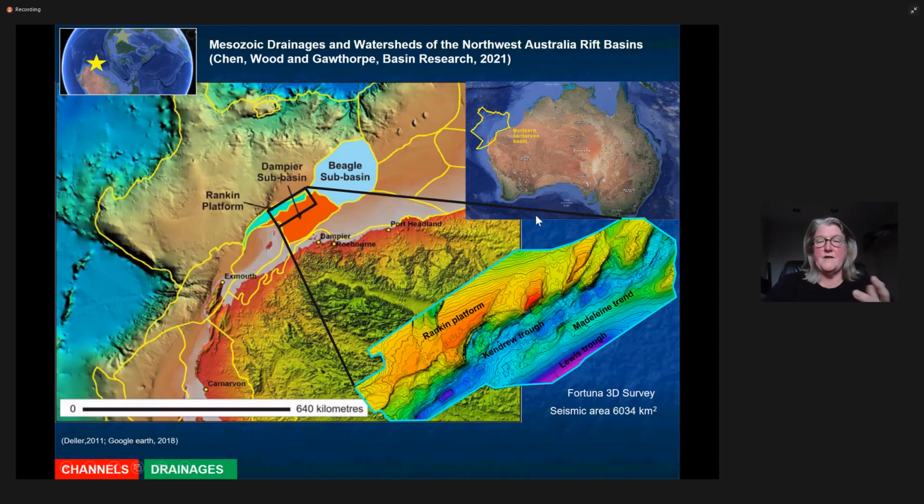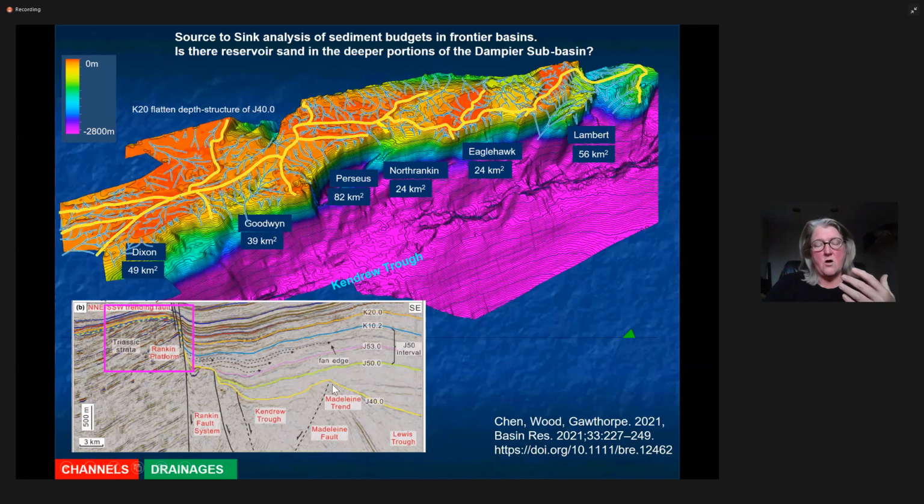So he went in and did this amazing mapping of not only off in the trough. If we look at this cross section, it cuts about right across here. And you can see that here's the Rankin uplift, and that block that's been tilted back to the west or northwest, and all this Triassic strata and the Jurassic strata have been eroded off the top of it and have moved across into the footwall of the Rankin Fault system.